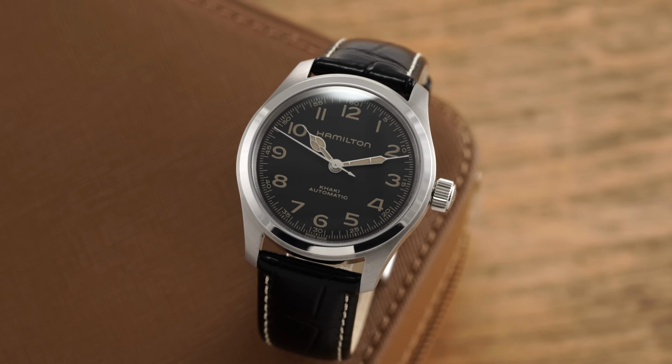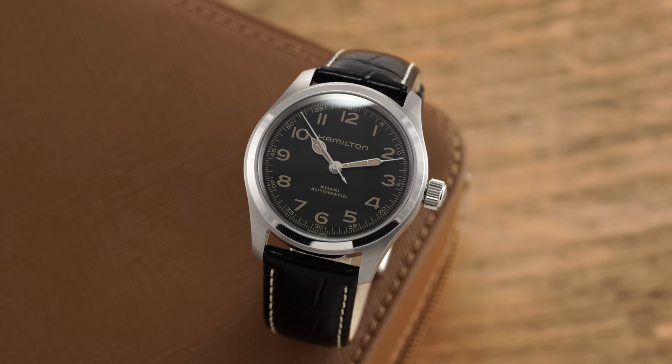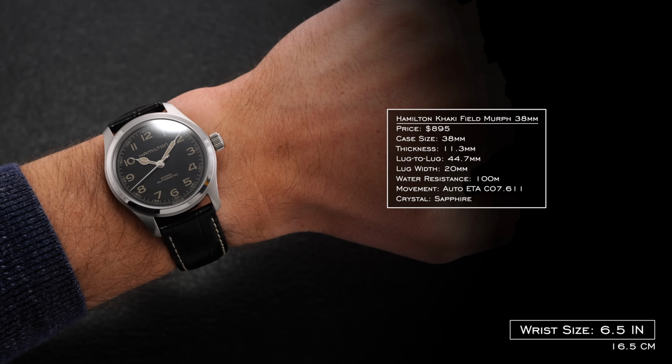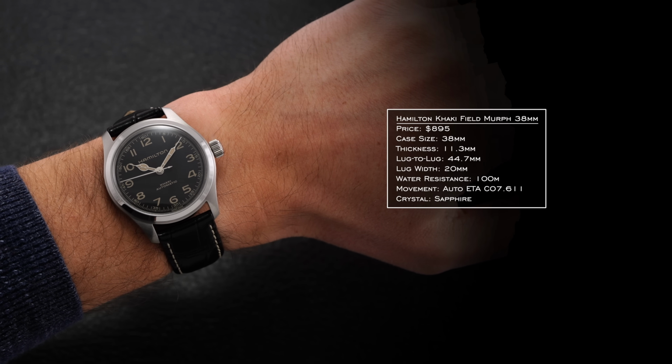Fast forward 3 years later, and we recently were greeted with what I think many were asking for: a smaller Khaki Field Murph at 38mm with a compact lug-to-lug, while also being less expensive compared to its older brother at $895. Diving into the wearability more specifically, the new Murph comes in at 38mm in diameter with 11.3mm in thickness